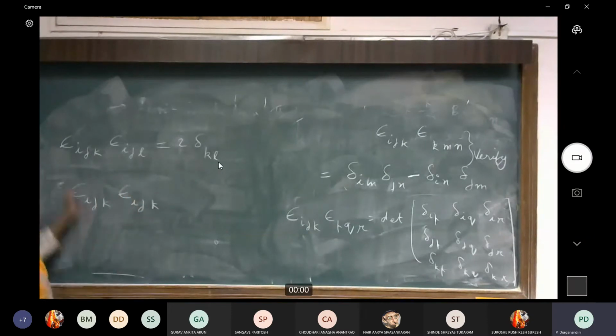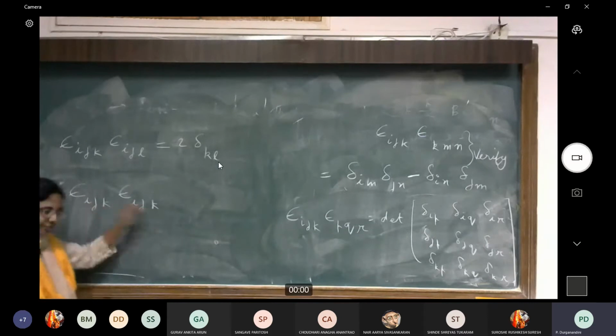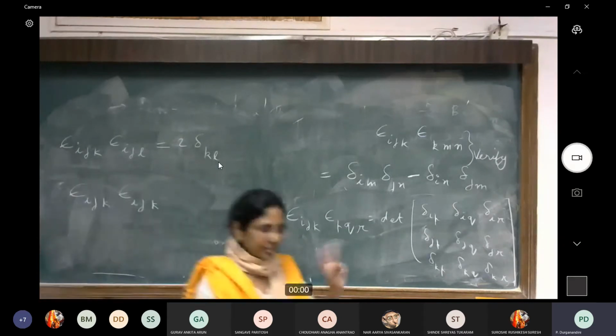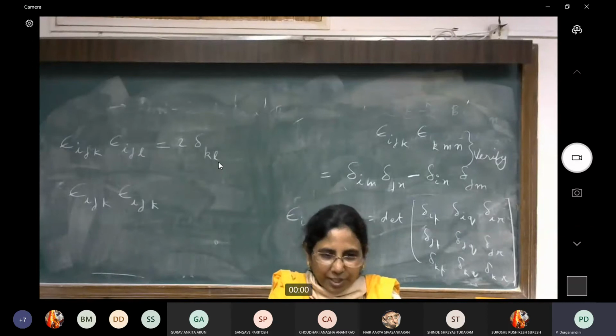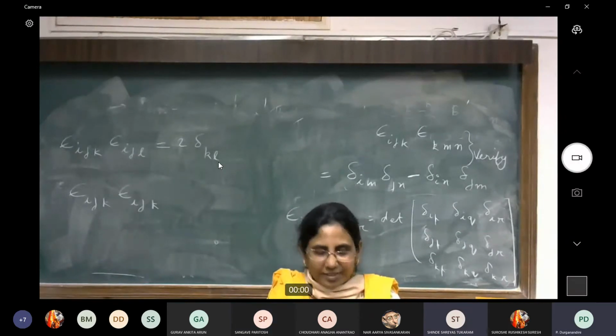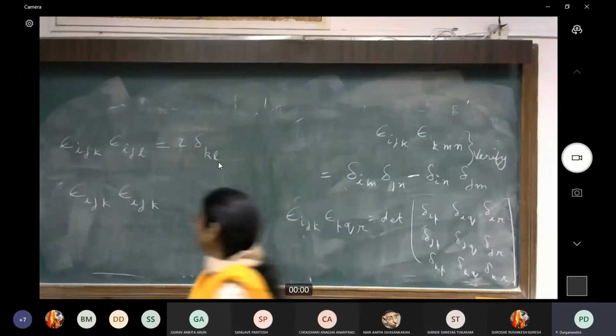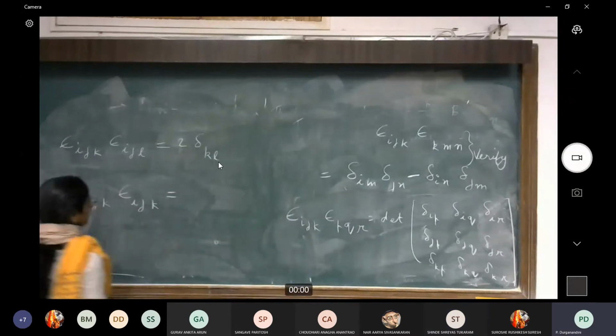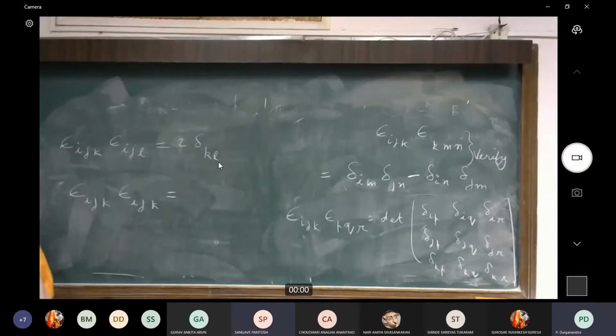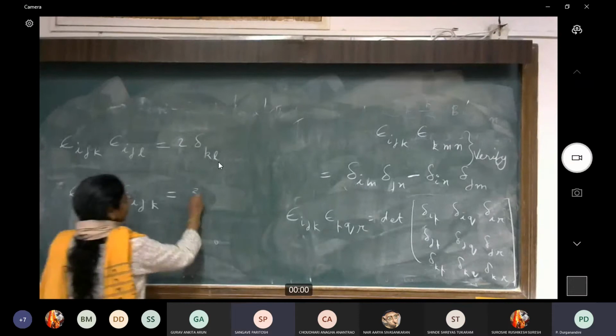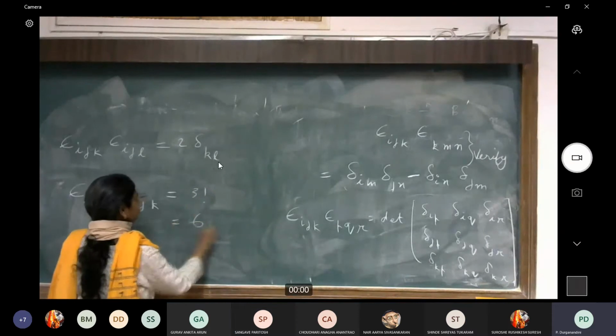So I have taken a 6th rank tensor and contracted the first 2 indices, second 2 indices, and the third pair of indices. So now this object should transform like? Rank 0 tensor. Yeah, it's a rank 0 tensor or a scalar. So what answer should I get here? 3 factorial, very good. So I'll simply get 3 factorial or 6.